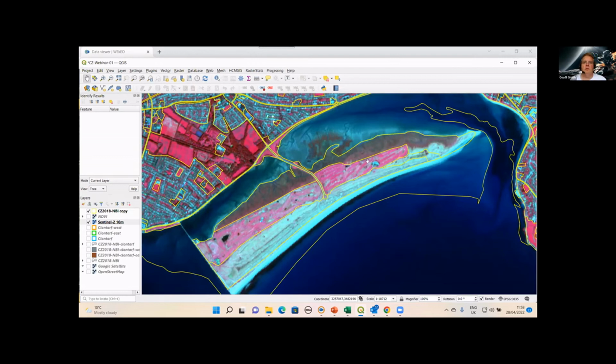And one useful thing we can do very simply with the satellite imagery is convert it to a vegetation index. So a vegetation index is a single layer which tells us something about the density, health or character of vegetation. As I said, vegetation reflects strongly in the near infrared but absorbs in the red due to chlorophyll. And that difference in reflectance is a good indicator of vegetation density and health.